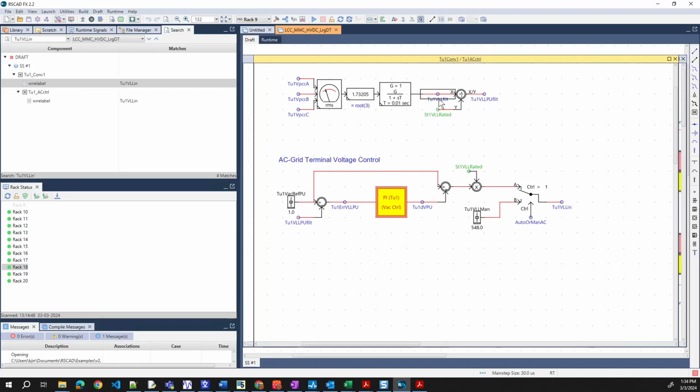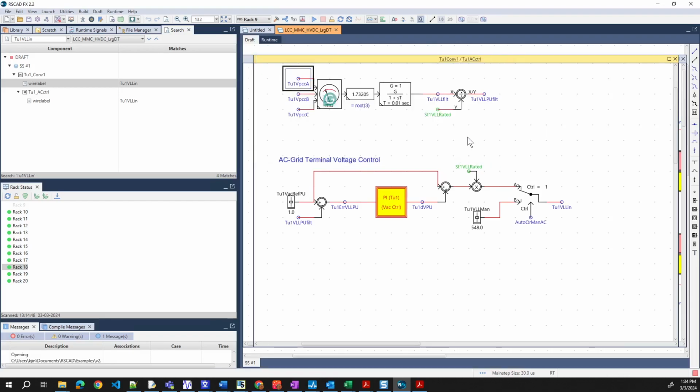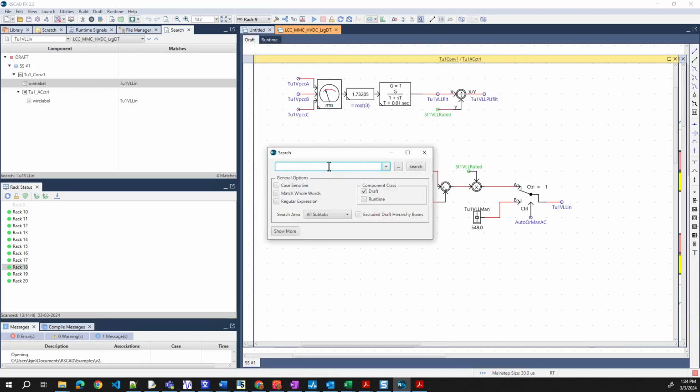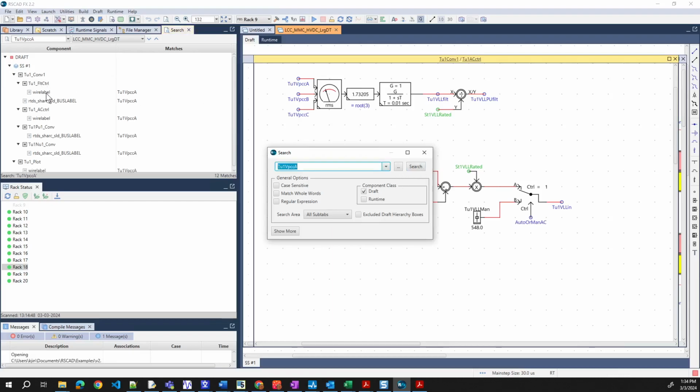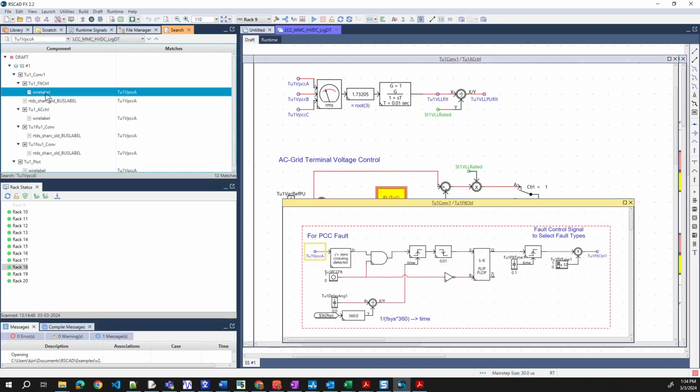This measures phase voltage. This measures voltage at, where we measure this. Copy, Control F, then search. Where we measure this. Once we search, we have a bunch of results. This is this one.